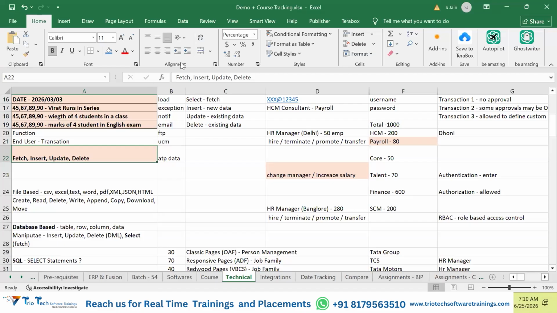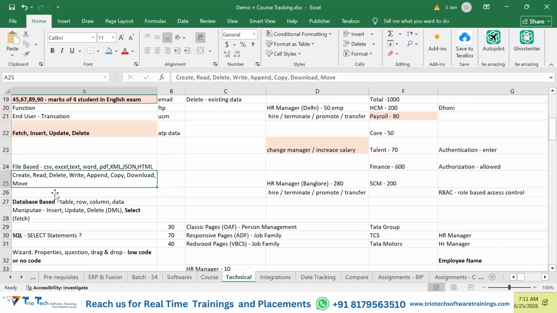Yeah. So guys, if we say the data needs to be saved, any data can be saved only in two forms. The data can be saved either into a file-based system or into a database system, right? File-based system means, as I was showing you, the Excel file that I have opened,